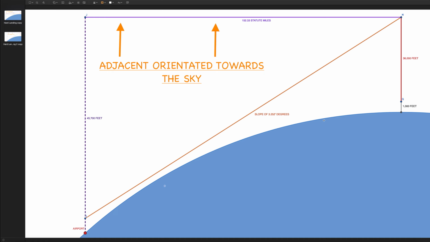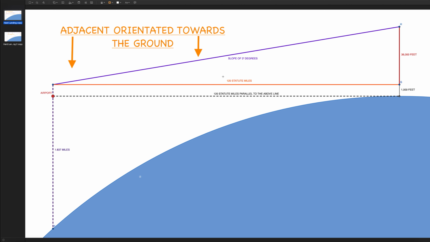You must calculate for 153 miles away for 37,000 feet. That's the only way you can do it with a 3.25 slope angle. And you have to go that whole distance with that slope angle and then up 1,000 feet above the airport. But we all know that won't happen, because we all know you'll smash into the ground before you ever reach that. Because you'll be 30 miles or whatever it is, maybe more, too far away from the airport because the Earth's flat. And if you were to do it correctly, you would end up 1,000 foot above the airport.